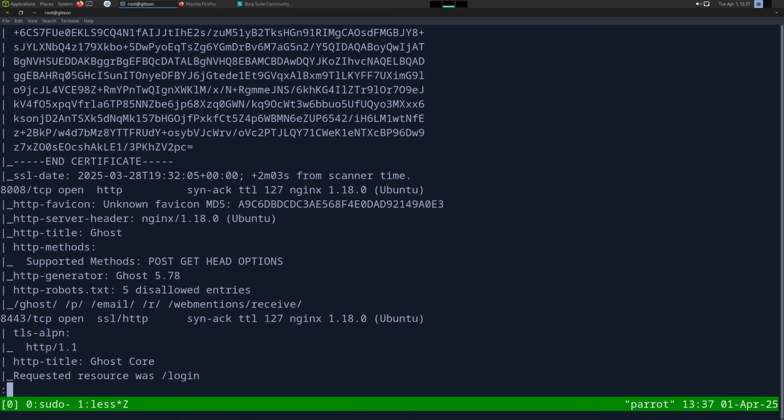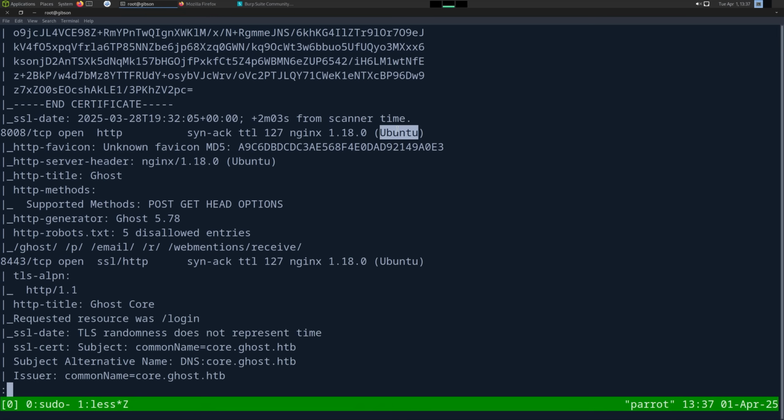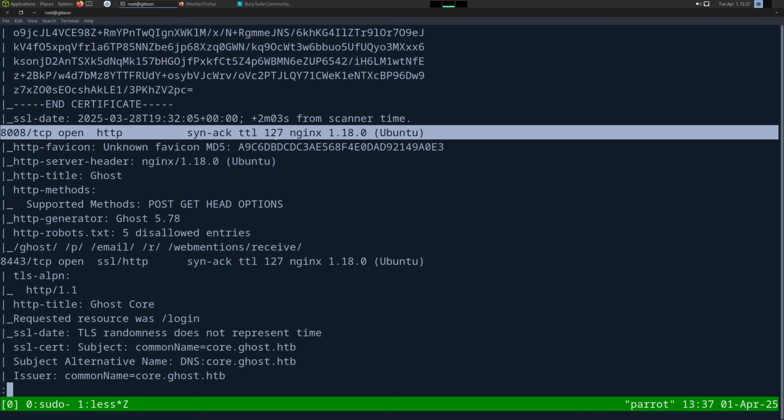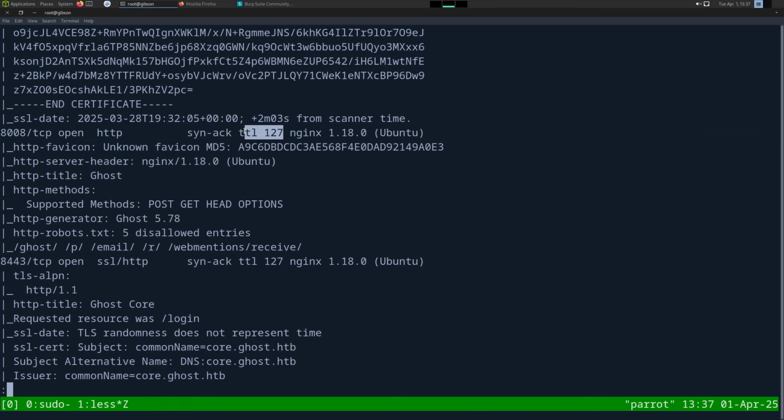Port 8008, this is interesting. We have the banner telling us it's Ubuntu running on Nginx, and the TTL is 127. So I expected, since this is probably going to be a VM, to see it decrement by 1, so it would be 126. I'm not exactly sure why it's not decrementing. Maybe this is like WSL. I'd have to look more into the virtualization technology to find out why that is,